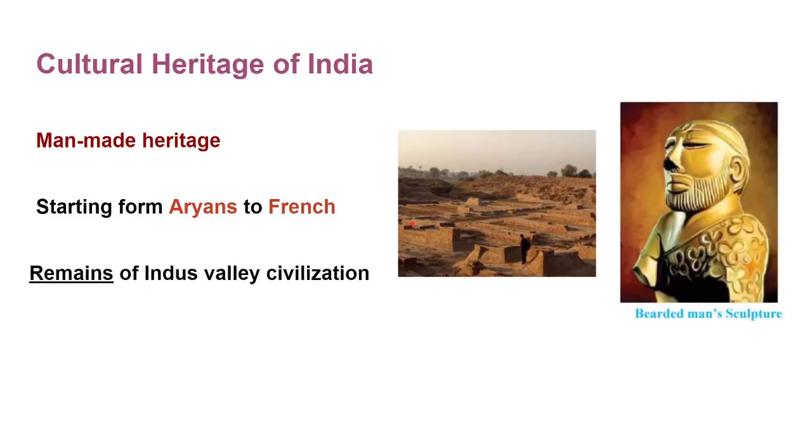The remains of Indus Valley civilization are evidence of this. So, Indus Valley civilization is known for its urban planning. Lothal is one of the earliest sites discovered in India, whose remains are similar to the findings in Mohenjo-daro and Harappa